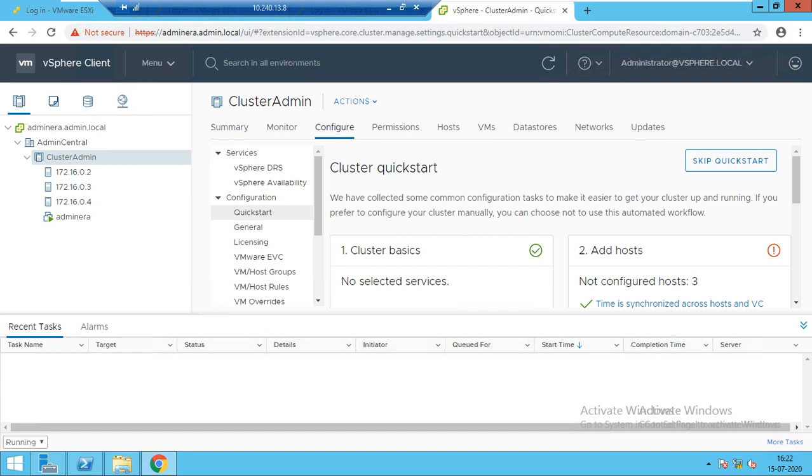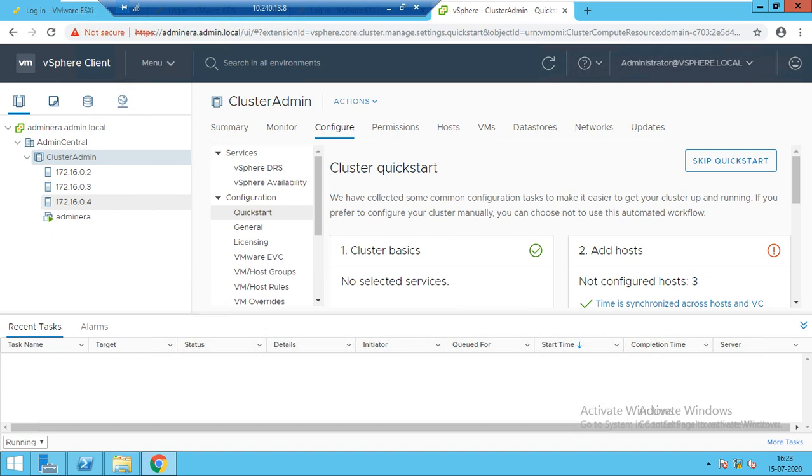So for this you need high availability. HA is always configured on the cluster, not on the host. So for configuration of HA and DRS, you need a cluster. So we have created one cluster and we added the host into the cluster.